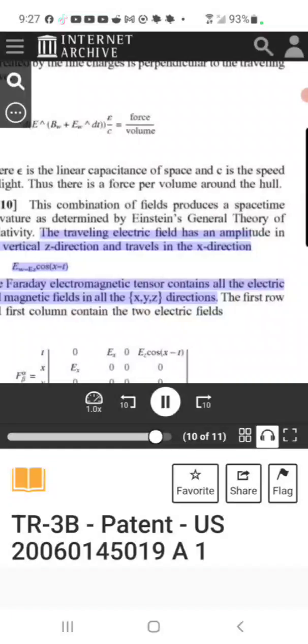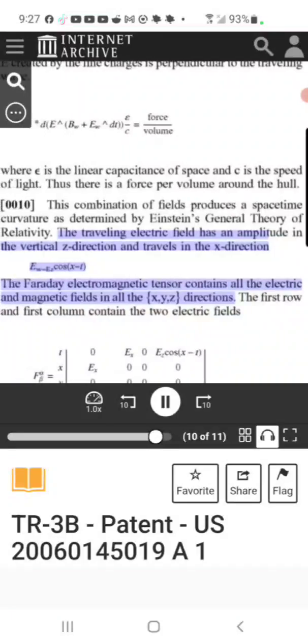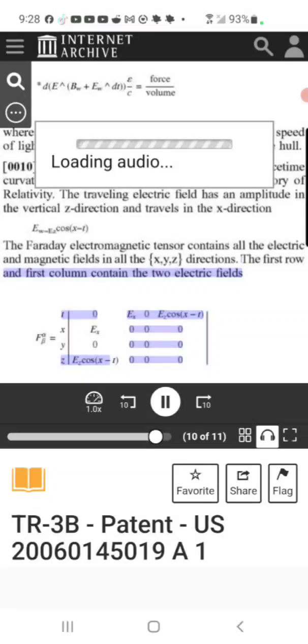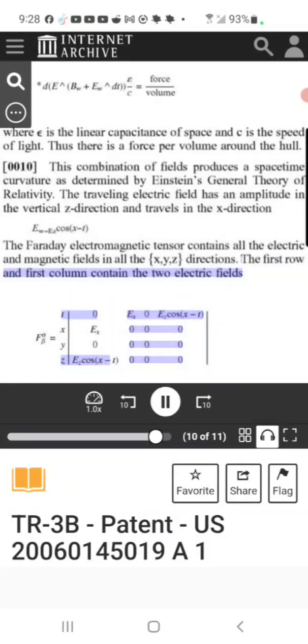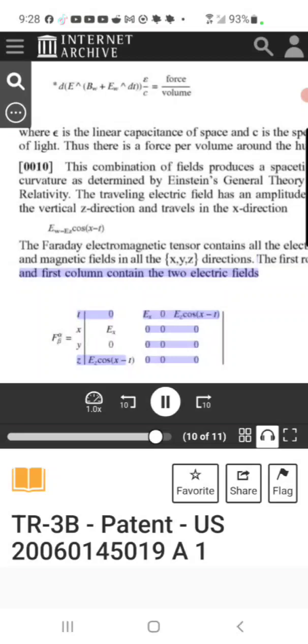The traveling electric field has an amplitude in the vertical z direction, and travels in the x direction. The Faraday electromagnetic tensor contains all the electric and magnetic fields in all the XYZ directions. The first row and first column contain the two electric fields. The stress exerted on spacetime occurs in the XX, YY and ZZ directions, as calculated from the stress energy tensor T of